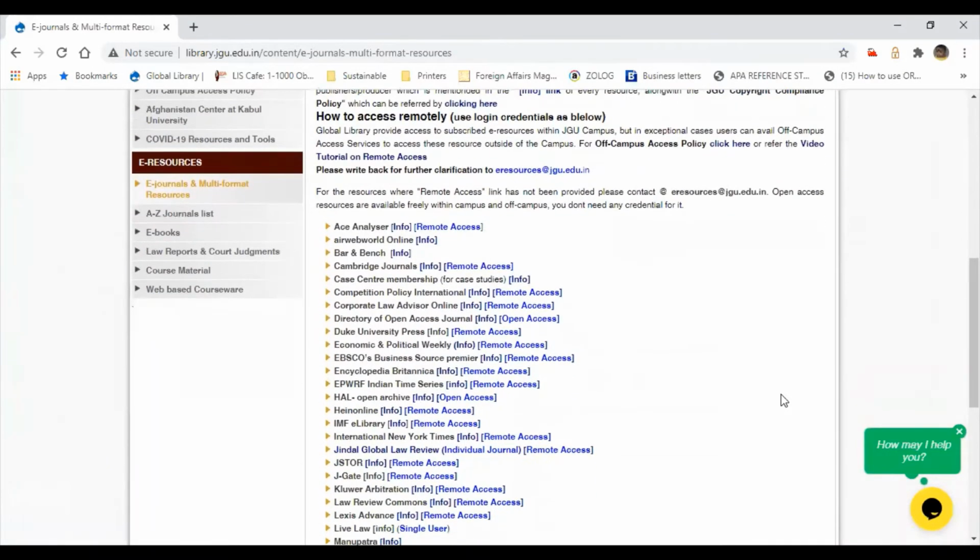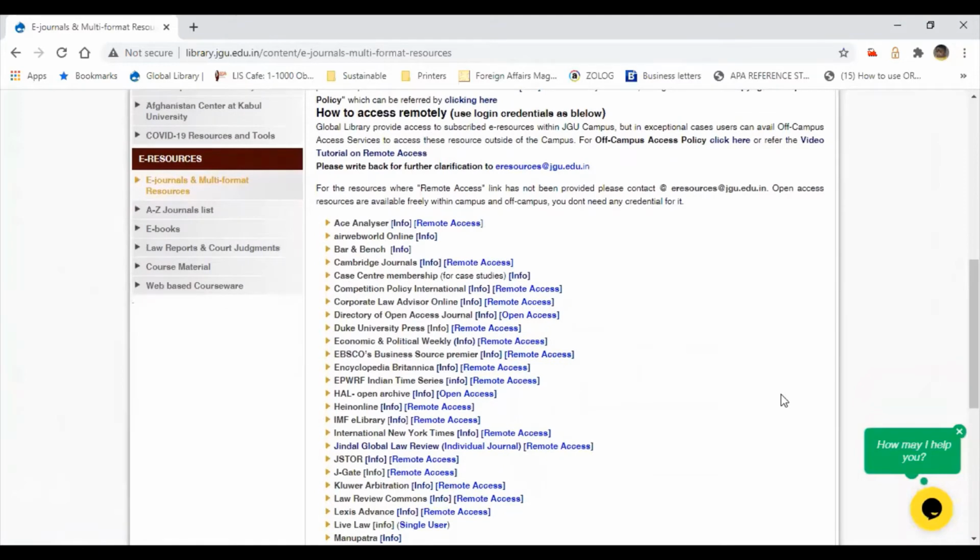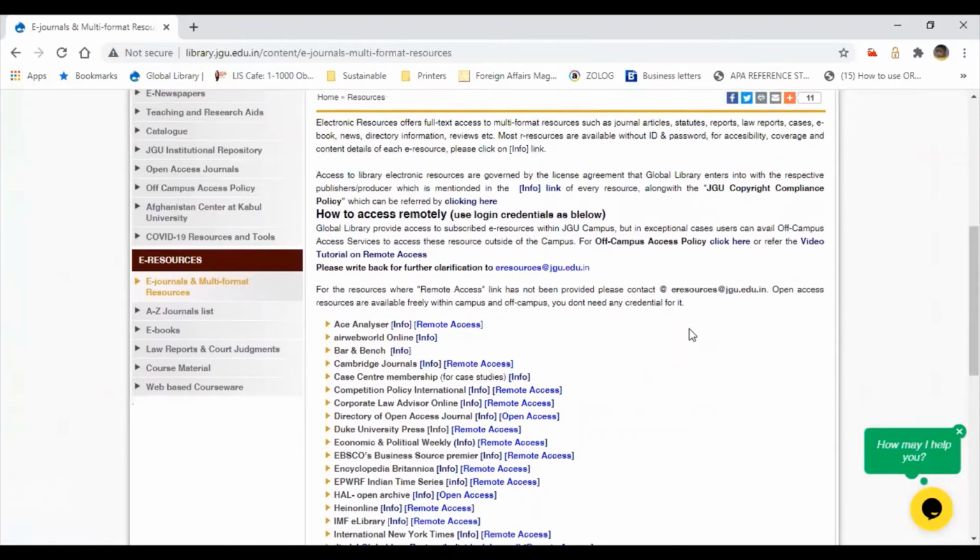When you try to access those resources while you are in campus, you just have to click on the hyperlinked database. Otherwise, since you are away from the Jeju network, you have to click on the remote access. There are two ways to explore when you are off campus.